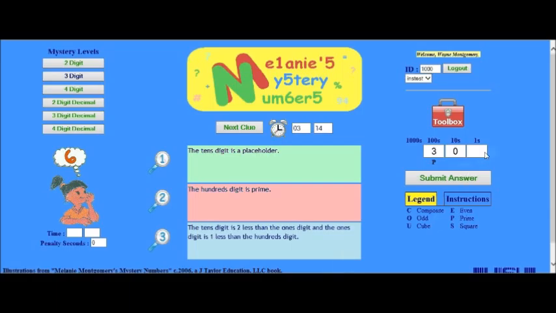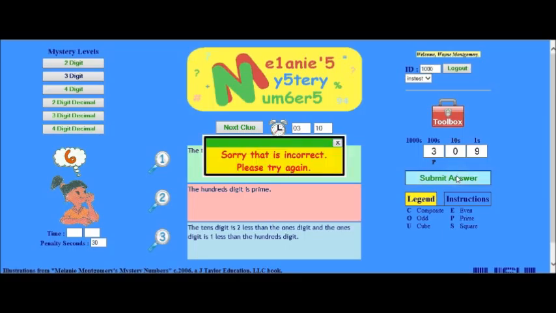Now, if we put in an answer here, chances are, because we really didn't think about it, it's going to be incorrect. And that's what happens when you put in an incorrect answer. You get the appropriate message. So let's say the student would like to have a little bit of help with this question, and he goes